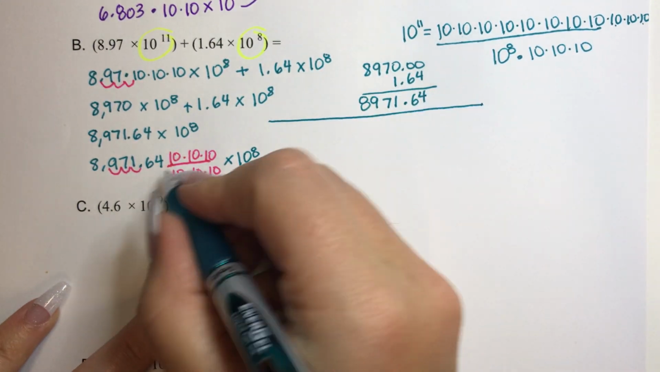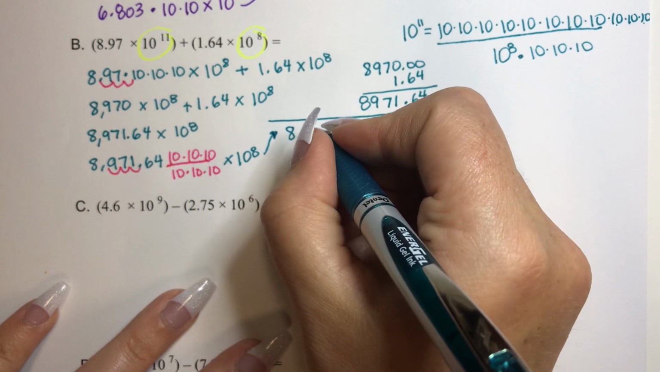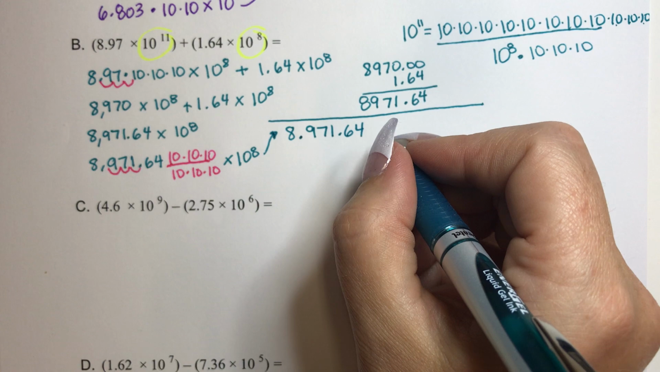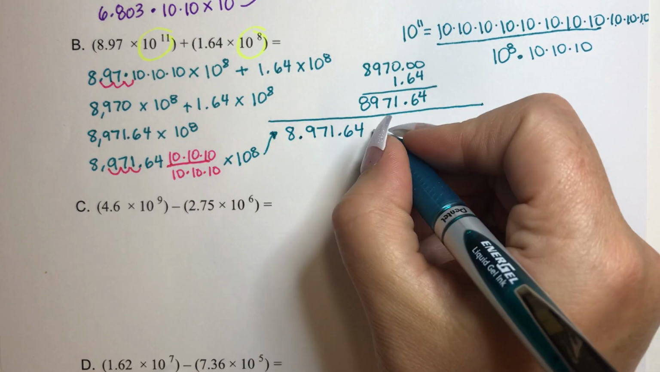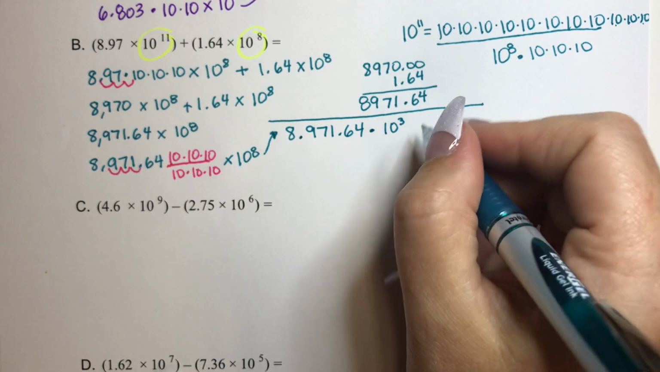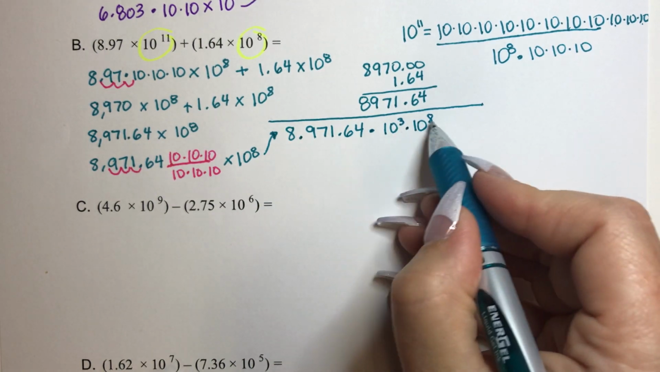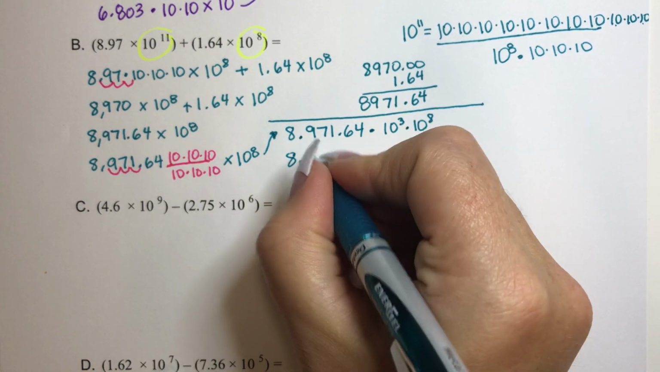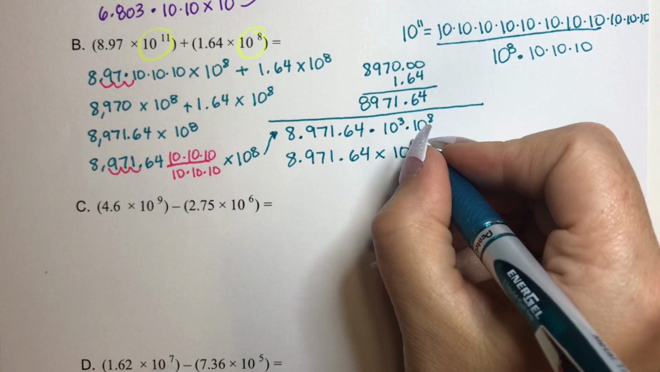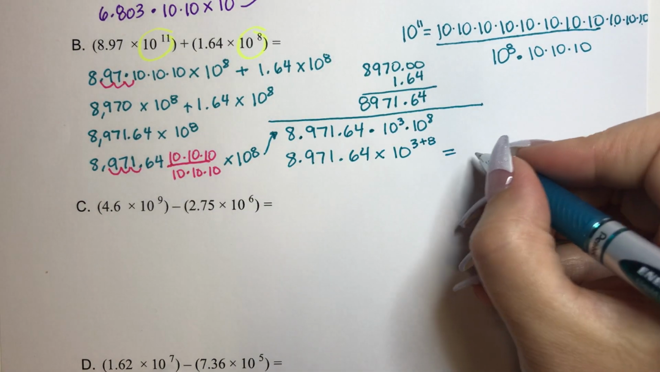And so I end up with 8.971.64 times, this is 10 to the 3rd, times 10 to the 8th. So we're going to do that product rule, right, where we just add those exponents. 10 to the 3 plus 8, which ends up being our final answer of